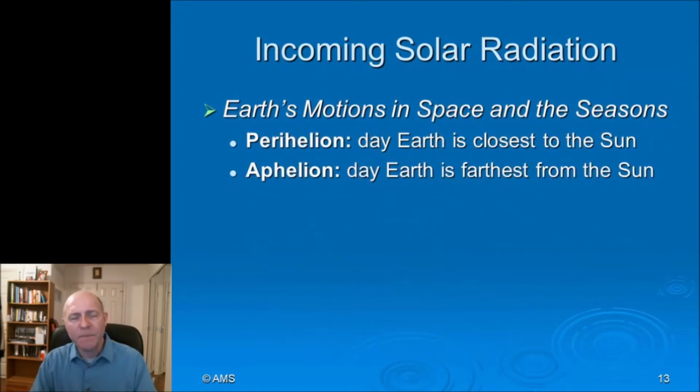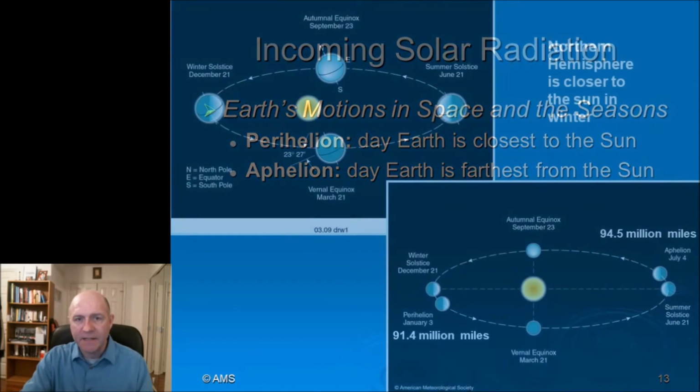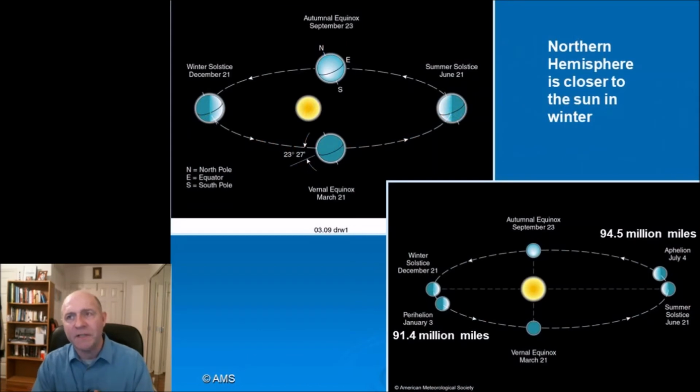There are two nicknames for those times during the year where the Earth is closest and farthest from the sun. Perihelion is the day when the Earth is closest. Aphelion is the day when the Earth is farthest from the sun. And it's a little bit counterintuitive because there is still